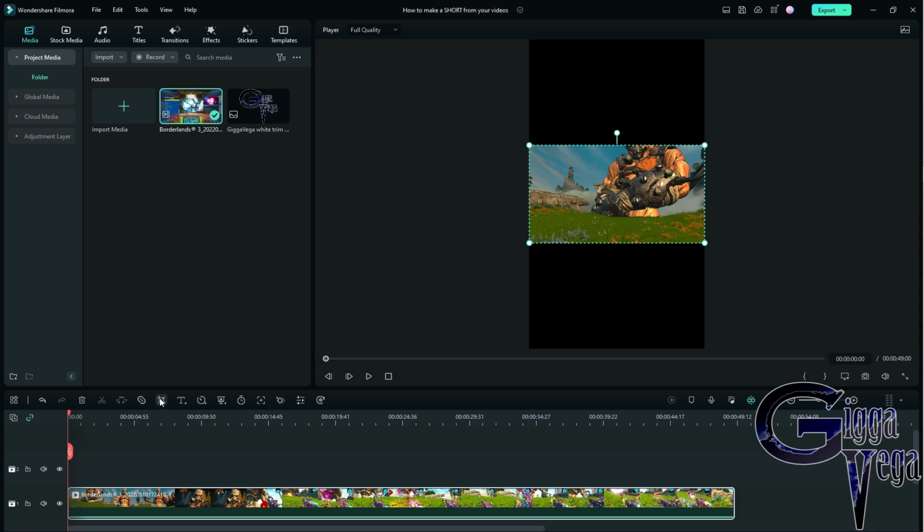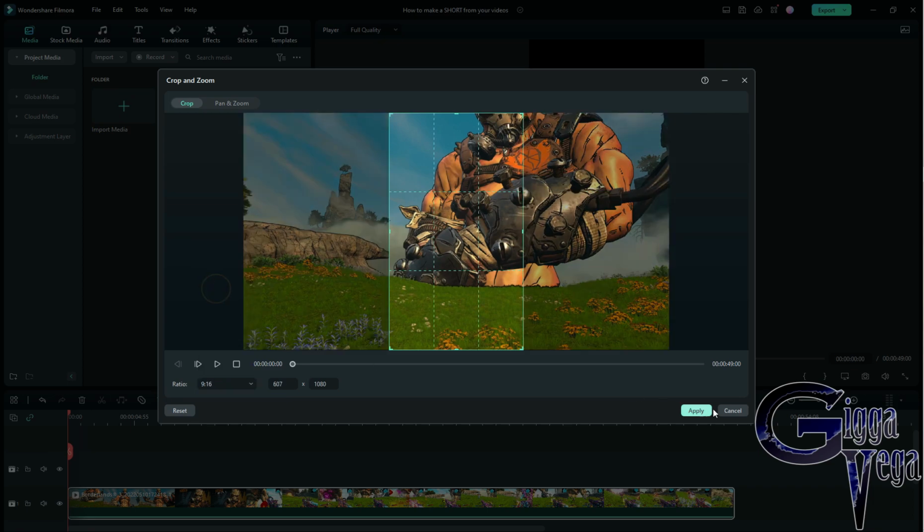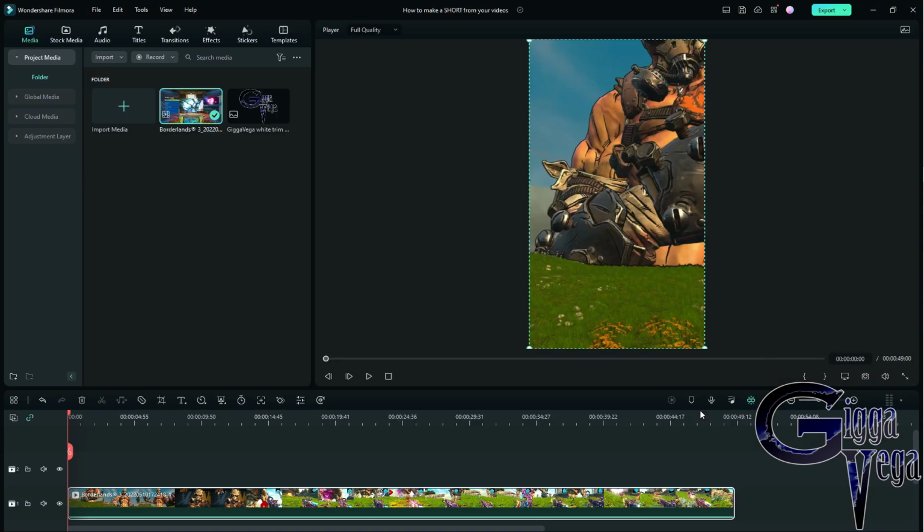The next easy part, you go into your crop and zoom setting. It might just be crop in the app that you're using. You can do the exact same thing as before. Instead of the original 16:9 ratio, you're going to select 9:16, and then you press apply or OK. And there you go. The hardest part of the video is already done. If you want to see what it looks like,